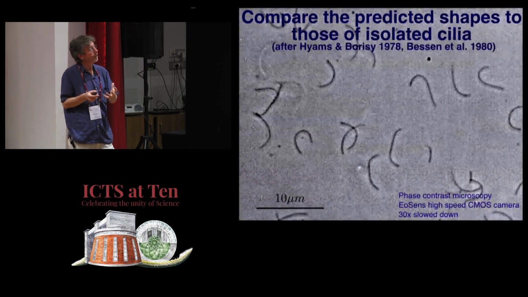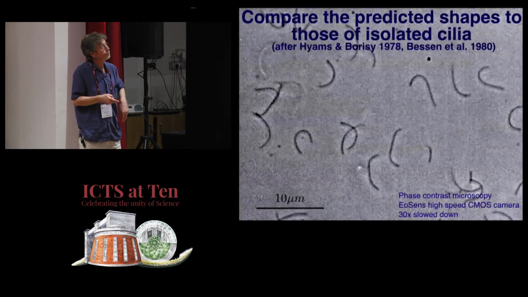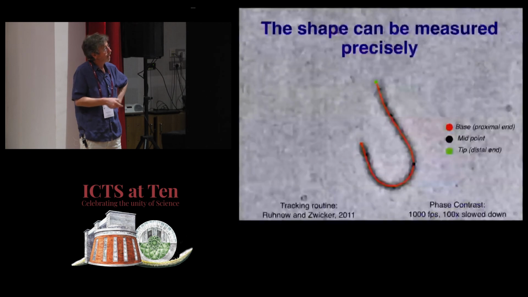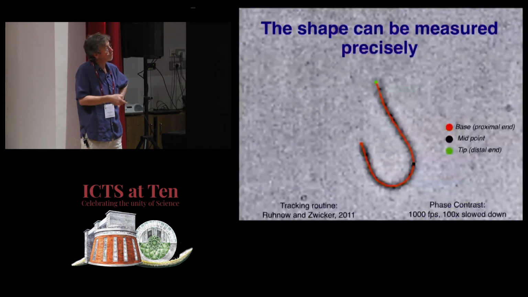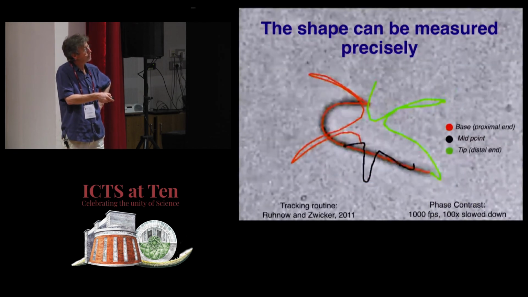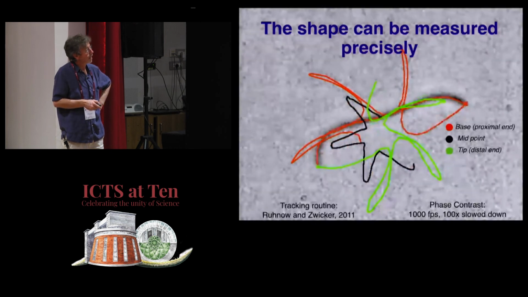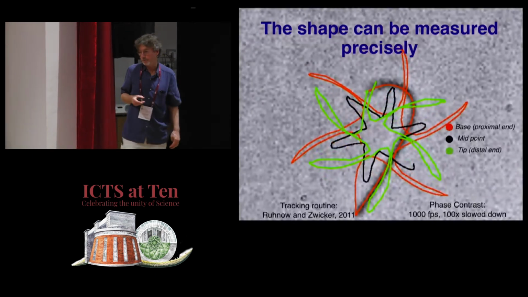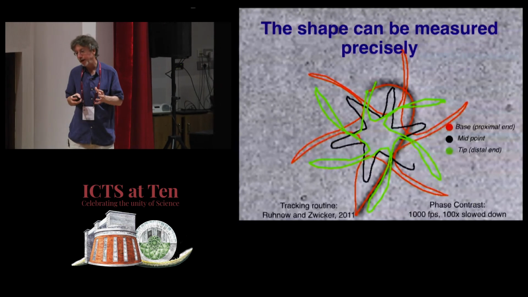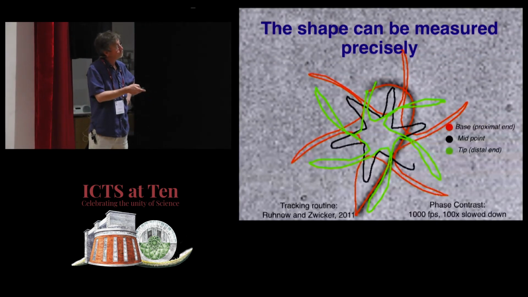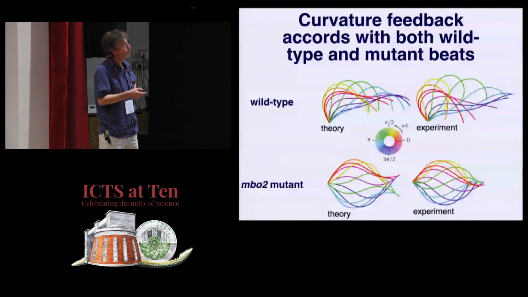What we can do is we can knock the cilia off the cells, and then we can reconstitute the motion. We can measure the motion of individual cilia, and here's an example of that, and we can track the shape very precisely. And this is what we're doing here. The red is the base, the black is the midpoint, and the green is the tip. And so you can see you can get these beautiful patterns. And what I like about this slide is that when I was a kid, my favorite toy was a spirograph. And this just gives us gazillions of spirographs. Very nice system. We've got it all in the computer. We can put it all back together again.